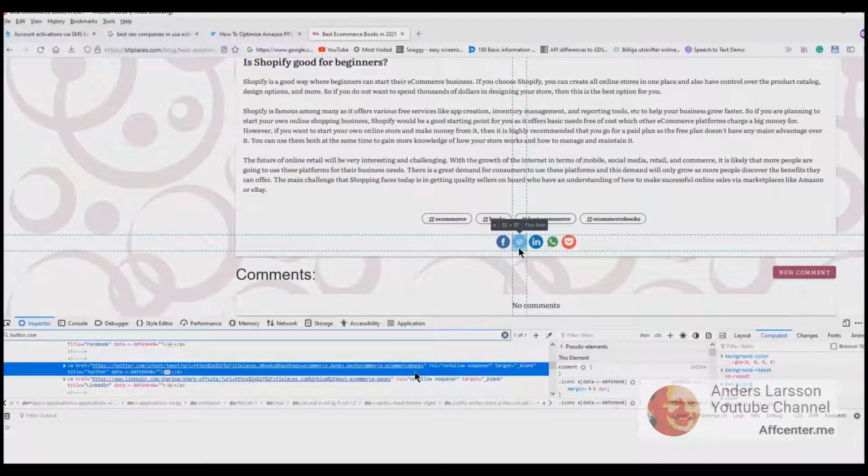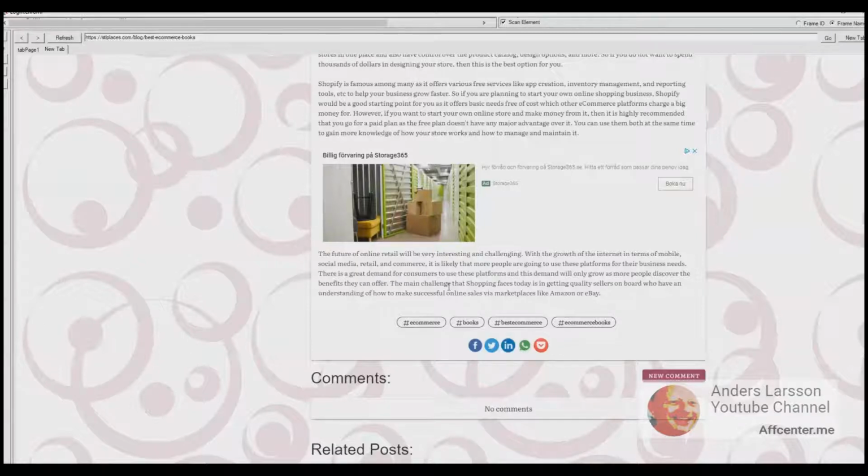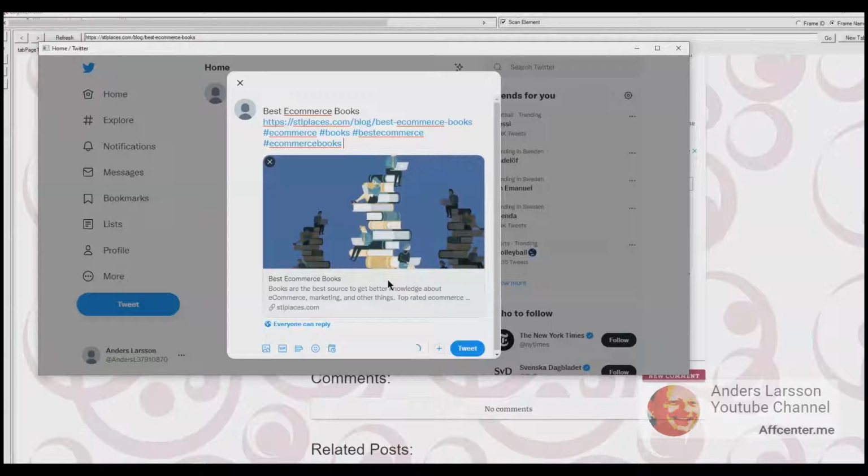So this is a Twitter share button, and if you check out the link, we can see that it says tweet, and then we have the URL parameter that lets Twitter know where the link is located, or rather where the post is located. Here I open another browser and I go to the same website. I have my Twitter account ready on the first tab, and then I click the Twitter symbol. It opens a new window with my Twitter account loaded, and basically all I have to do is click the tweet button, and this is how I tweet that blog post.